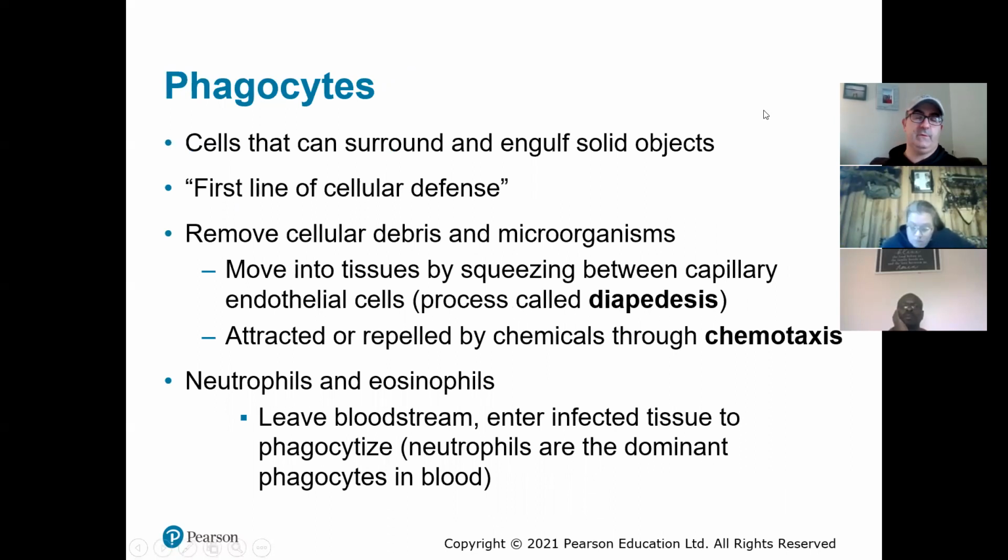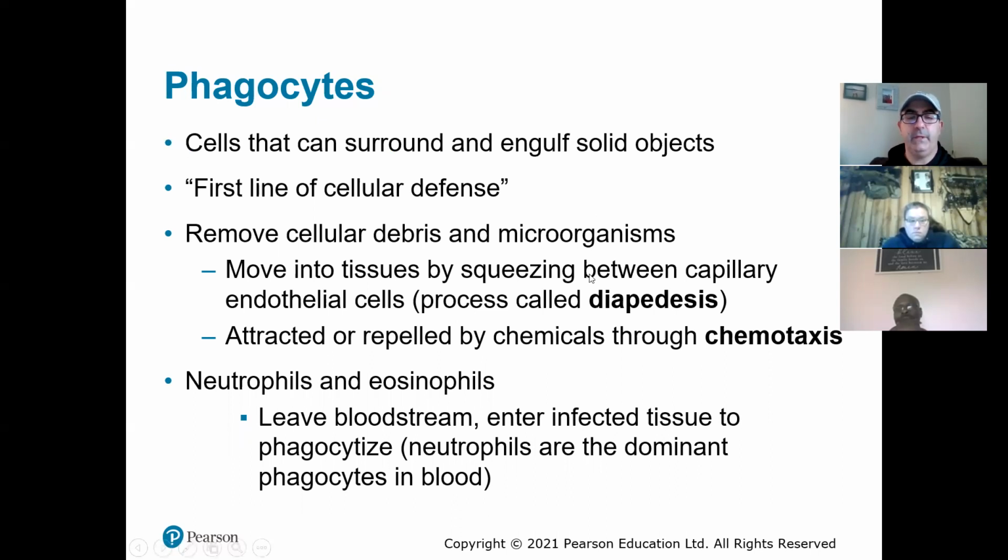Sometimes things get into your body, and one of your body's defenses are phagocytes. So there are a number of white blood cells that are non-specific, right, that we talked about, that just chew up things that don't belong. Neutrophils are the most common. Neutrophils are kind of your body's first line of defense inside the body. So once things breach that barrier and get into your body, one of your first lines of defense are neutrophils.